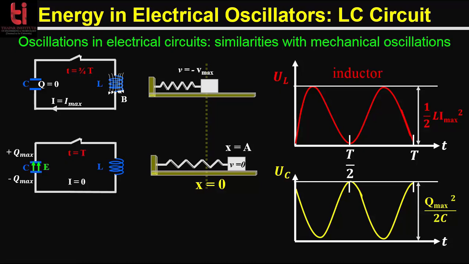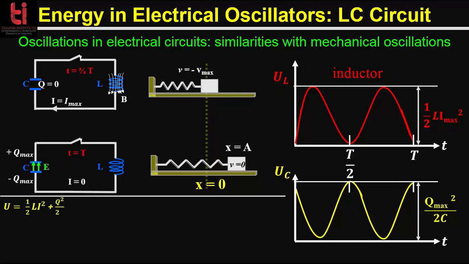Now these two figures represent the variation of energies with time. The red one is energy stored in the inductor and the yellow one is the energy stored in the capacitor. So at t is equal to 0, as Q is equal to Q max, there is no current in the circuit, so the magnetic energy stored in the inductor will be 0 and the electric potential energy stored in the capacitance has its maximum value, that is Q max square divided by 2C. After a quarter of the cycle, the voltage across the capacitor falls to 0 as the charge is used up by the current flow and I will be I maximum. So the energy stored in the capacitance will be 0 and the magnetic energy stored in the inductor will be maximum, that is half L I maximum square.